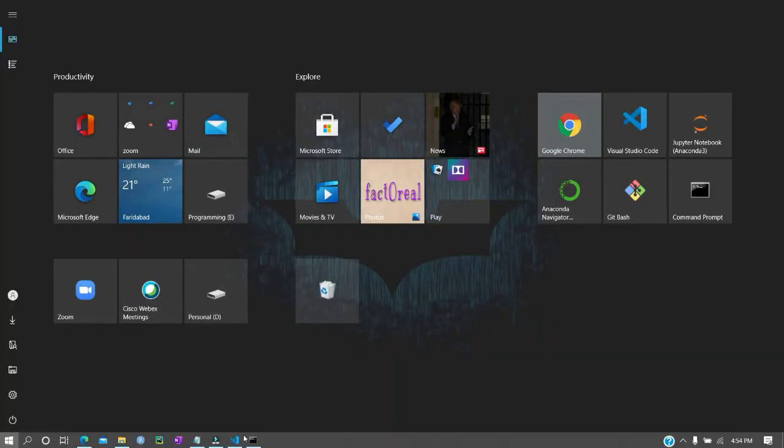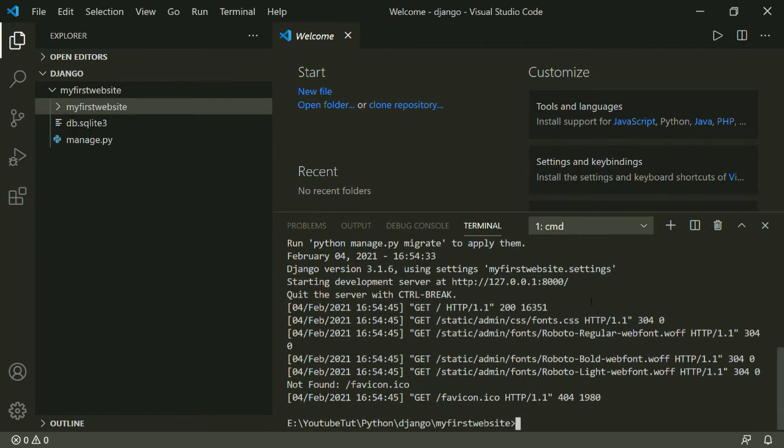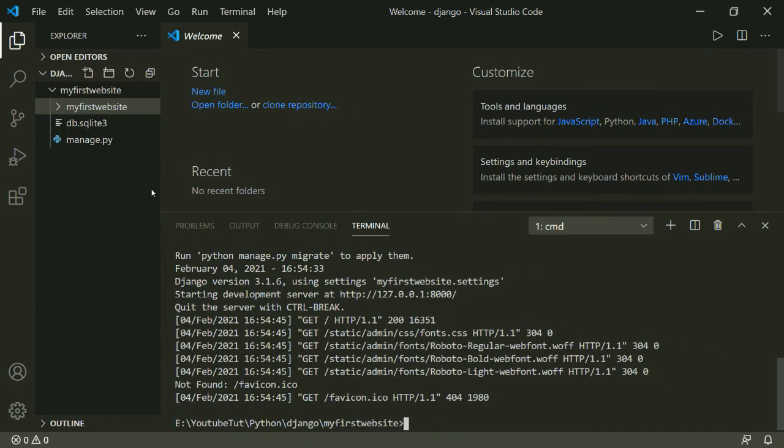Now let me create an app also, because this is just an admin section. I will simply cancel it out. As I told you, manage.py is a very important file, so we will use it to create the application.